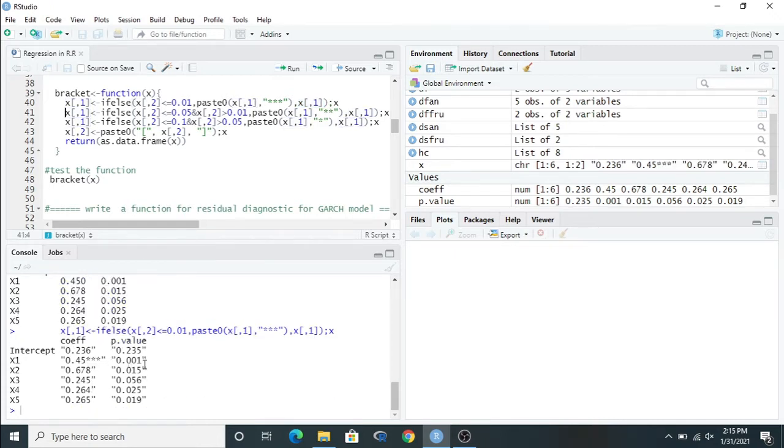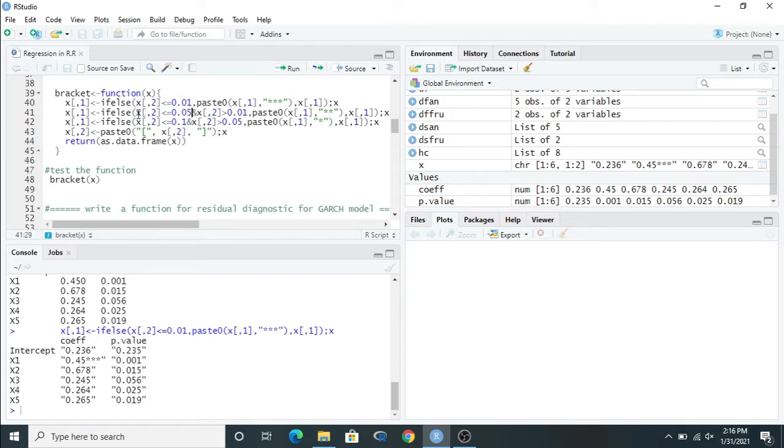It finds that if the p-value is less than 1%, then it puts 3 stars for the coefficient value. Okay, the process will be repeated again. In the second stage we are going to assign 2 stars, which means the 5% level of significance, and we are going to run the same process except the condition.